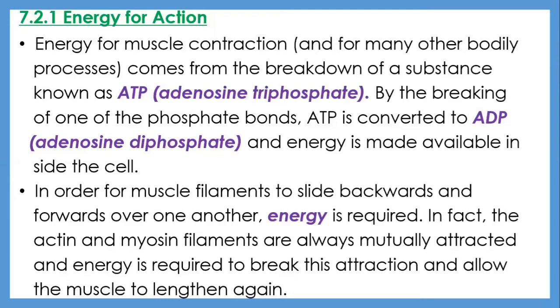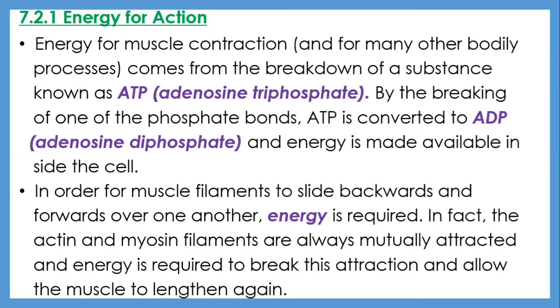In fact, the actin and myosin filaments are always mutually attracted, and energy is required to break this attraction and allow the muscle to lengthen again. And so, what will happen during the relaxation phase of muscle contraction then? Well, during the relaxation phase of muscle contraction, ATP is actually needed to weaken the attraction between the actin and